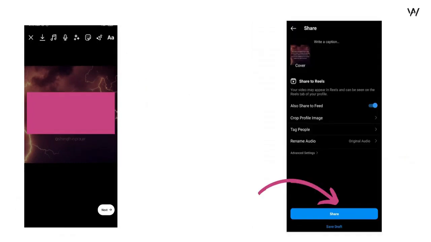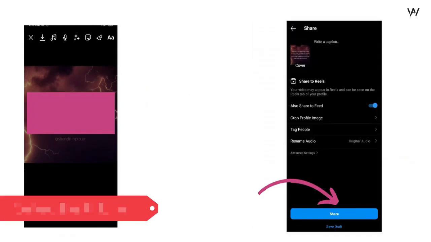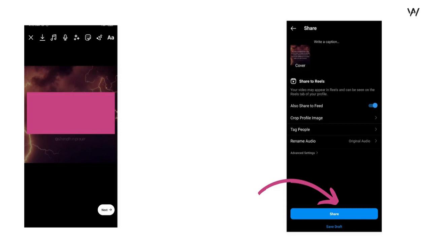So as you can see on the image on the left, you have the preview option, and at the top there are features like music, record audio, filters, stickers, and you can even type text and all those kinds of things. So try to play around with those features, and after all those things you have the next button. Click on the next button, and after clicking on the next button you will see what is on the right